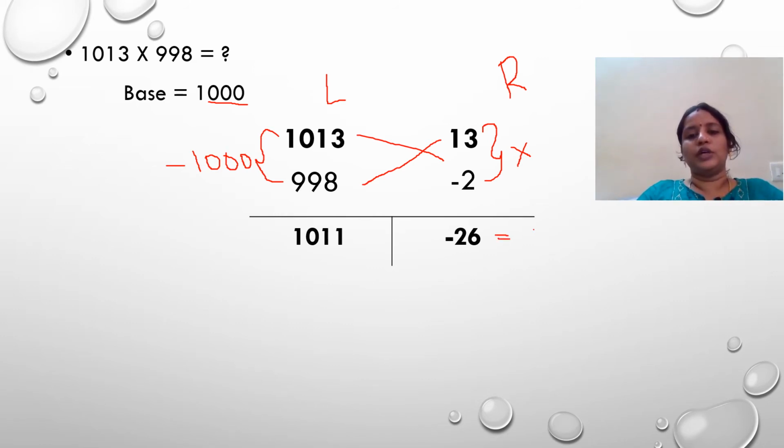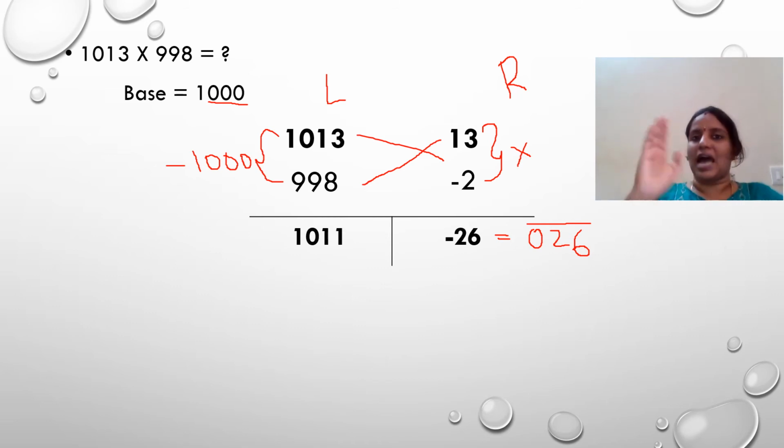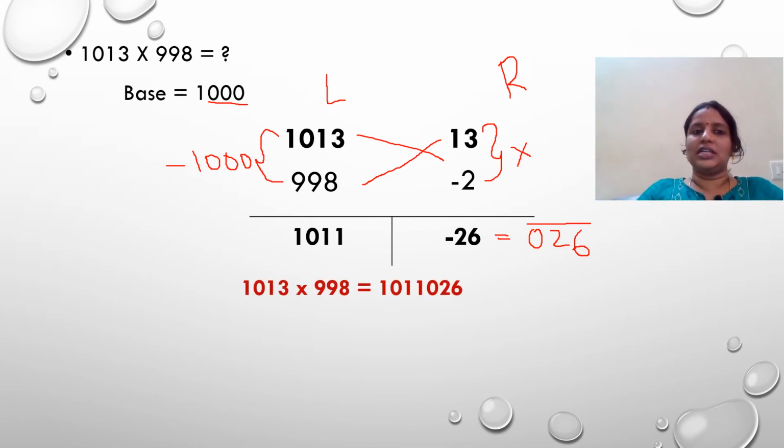So it becomes 0, 2, 6. Where should the bar be? The bar should be for all the 3 digits. So it's 026 whole bar, because the RHS itself is a negative number. So I'm making it 026 bar. Then what will be my answer? 1013 into 998 is equal to